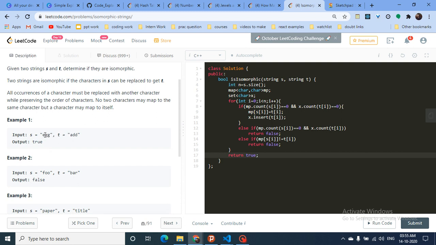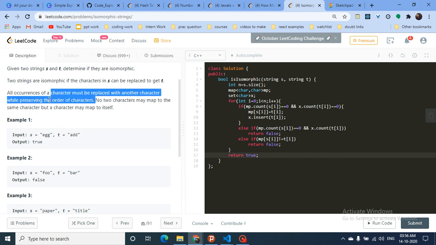So if you can replace any character in S to get a character in T, and all the occurrences of the character must be replaced. What I mean by this here is, if you take E and replace all the occurrences of E in this by A, and if you replace all the G's with D, then you can get this. So if it is possible to replace every character with some new character, or remain the same character, such that you can get this T, and you have to replace all the occurrences in this string. But there is one more catch in this problem, which is that no two